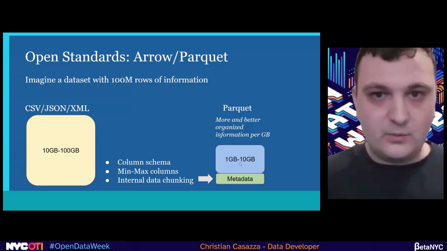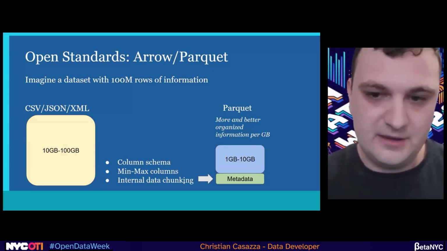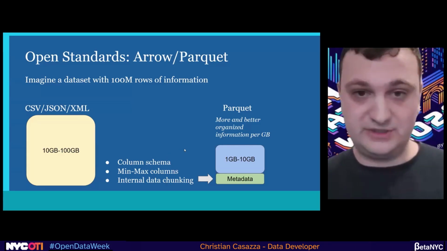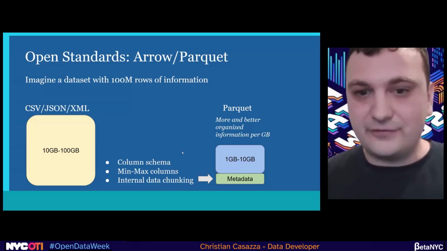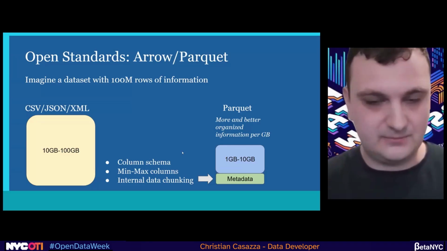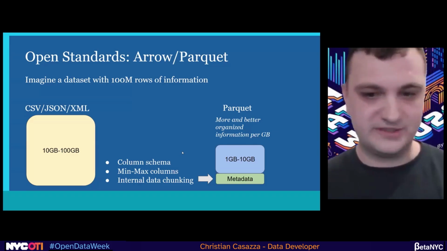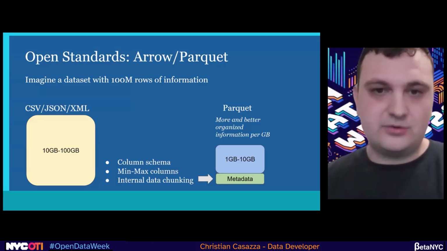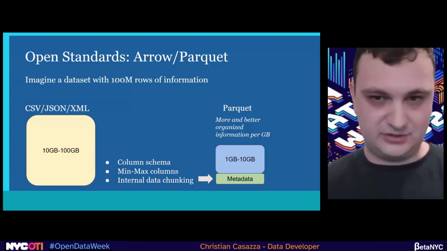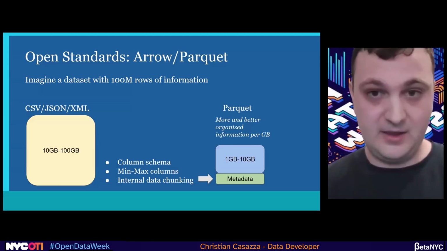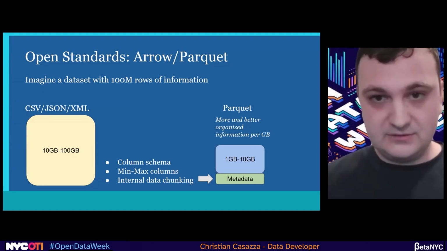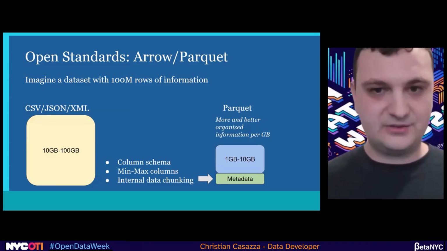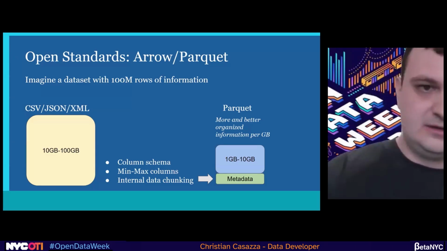In addition, what makes it really cool is it's not just the data. It includes special information about the data so that when you actually use it, you can use it a lot faster. Stuff like, what's the actual schema of the underlying data set? What are the min-max of each column? How was the data organized? By having this extra information, without doing much work, just by changing the code you use, save CSV, save Parquet, you instantly get cost savings, performance increases, more reliability. Literally right out of the box, one change, lots of benefits.